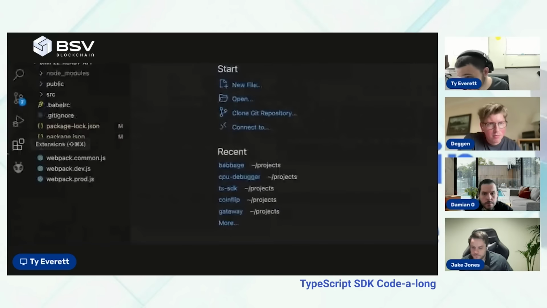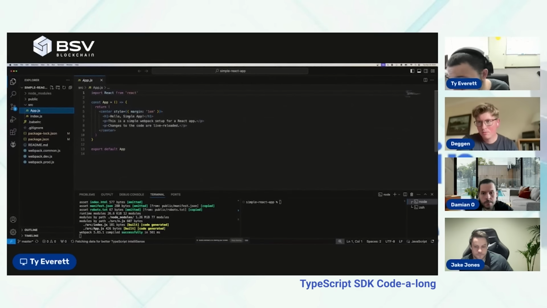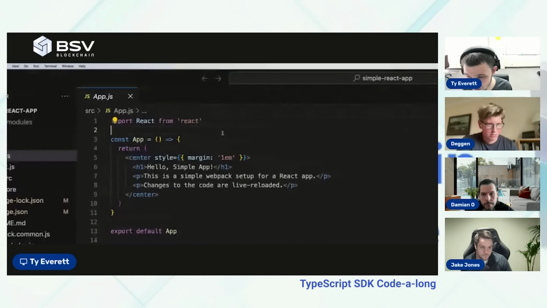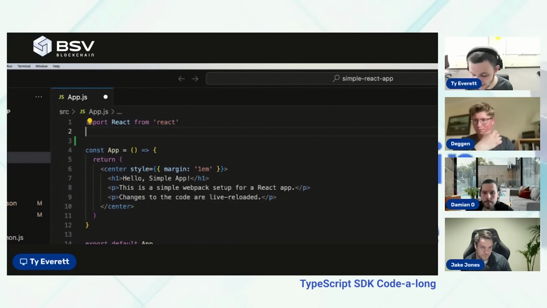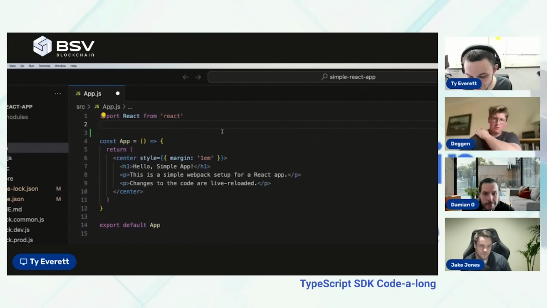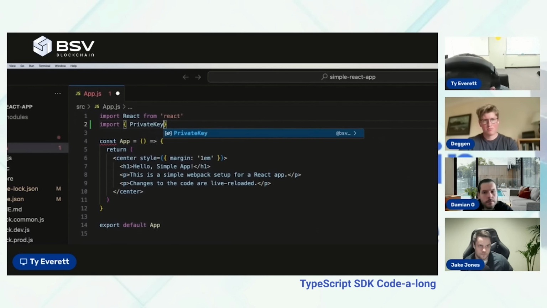So now what we're going to do is open up our little app file, and this is a very, very simple React piece of code, and this is where we can actually start to interact with the BSV SDK. So let's just do something really simple to start out, right? Let's make a little offline wallet generator or something. It would be super simple to do this. So with the new SDK, we just use the private key, and we'll build this very simple thing to start out. So we'll just say import PrivateKey